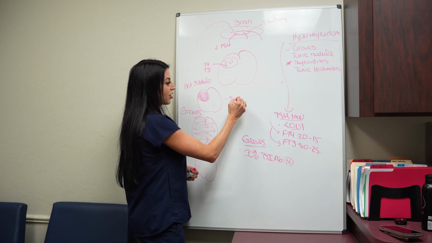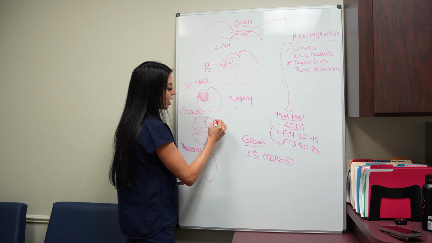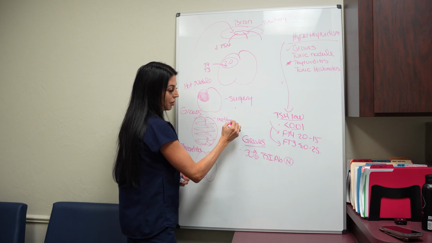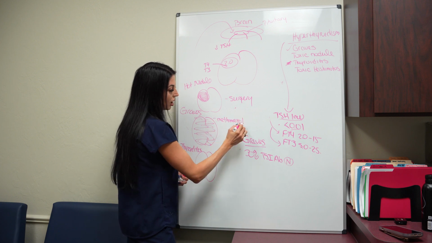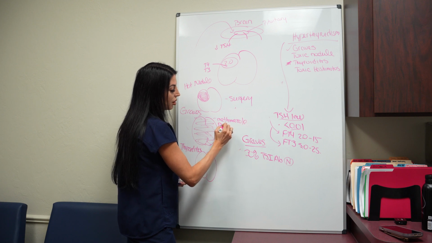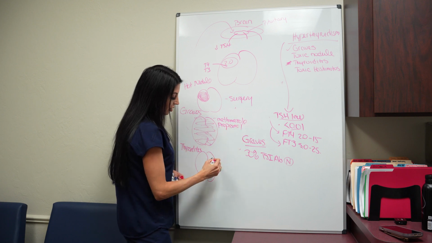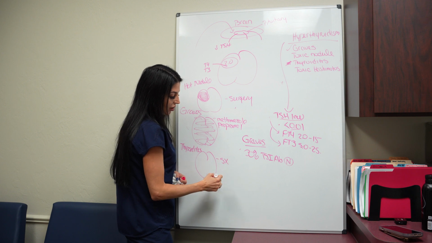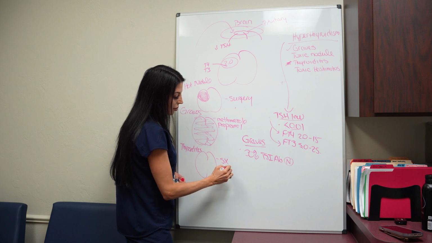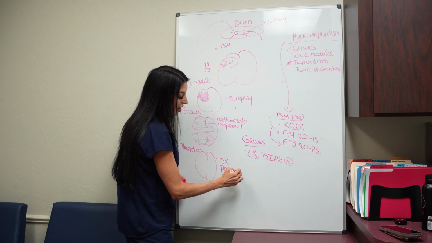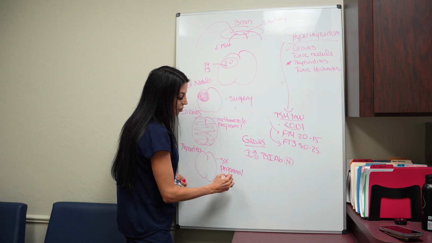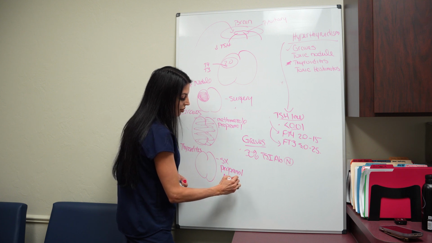So we're gonna do surgery. We're gonna treat somebody with Graves with something called methimazole. Typically, you can use PTU. We also usually give them propranolol to help with symptoms. And then if it's a thyroiditis, we symptomatically treat them. We can give them propranolol to help with symptoms, but a lot of times we do nothing. We might do some NSAIDs, but we leave them alone because they're gonna fix themselves on their own.